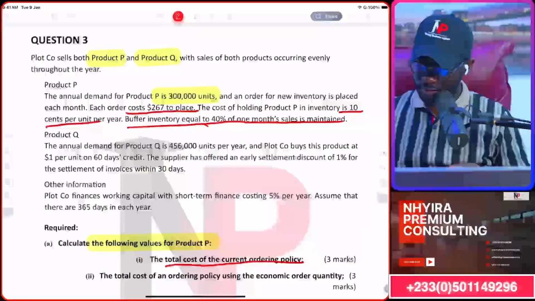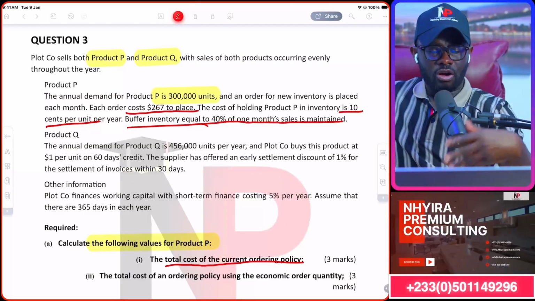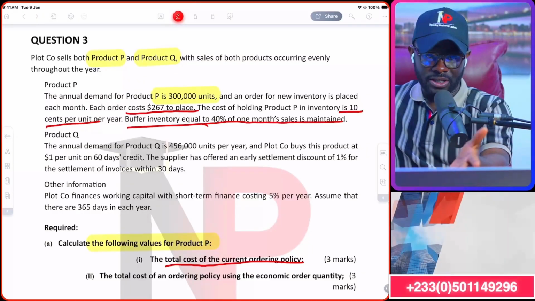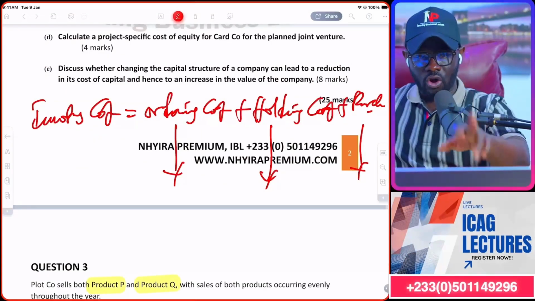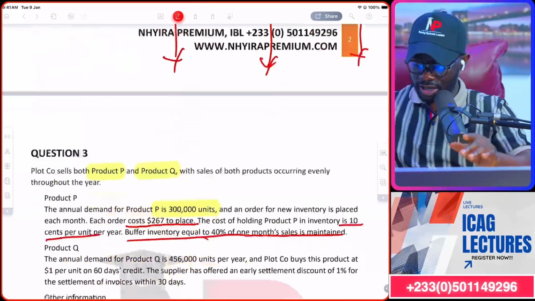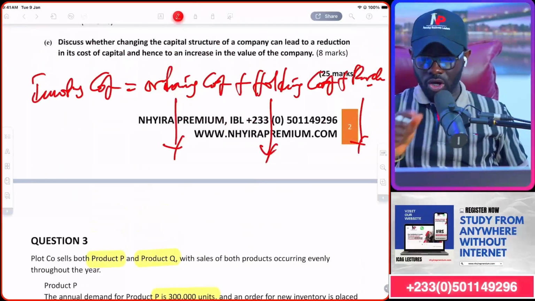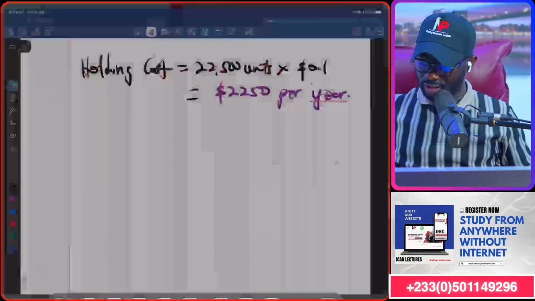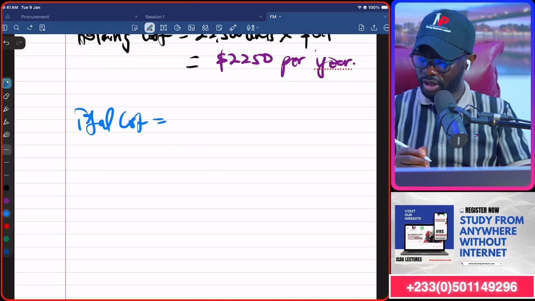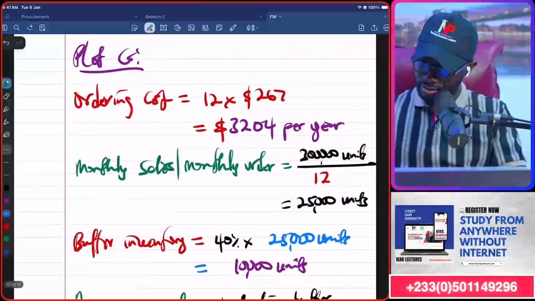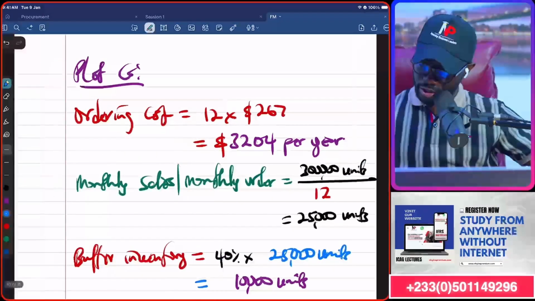Now, for product P, which is what we are working for, we don't have the cost of purchases. They didn't give us the purchases cost. So although our formula for inventory cost is ordering cost, holding cost, and the purchase cost, there is no purchase cost there. So in the context of this question, it means we will do holding and ordering, because that's what we have. So the total cost will be the holding, the ordering 3250 or 3204